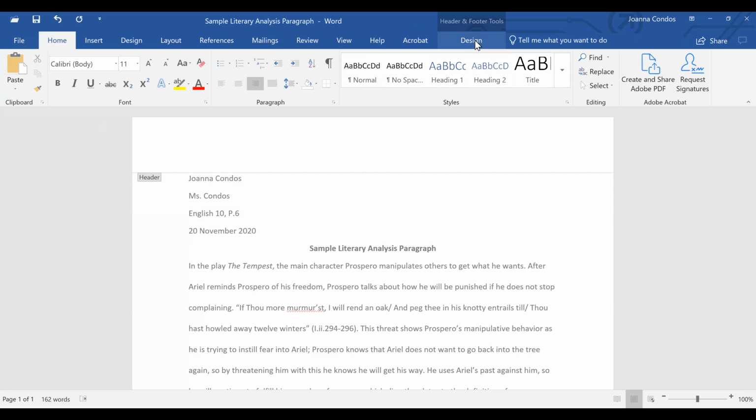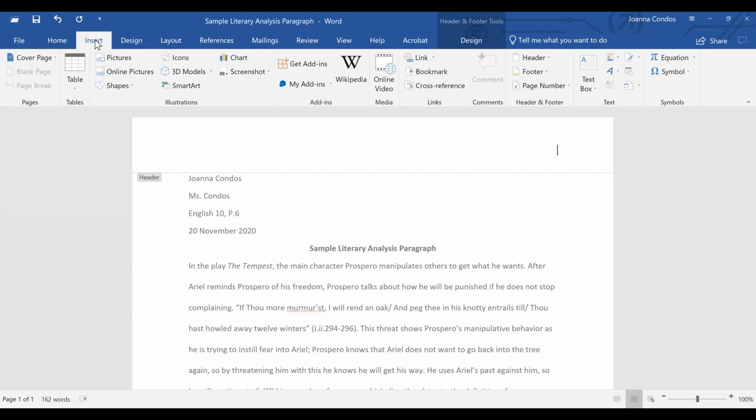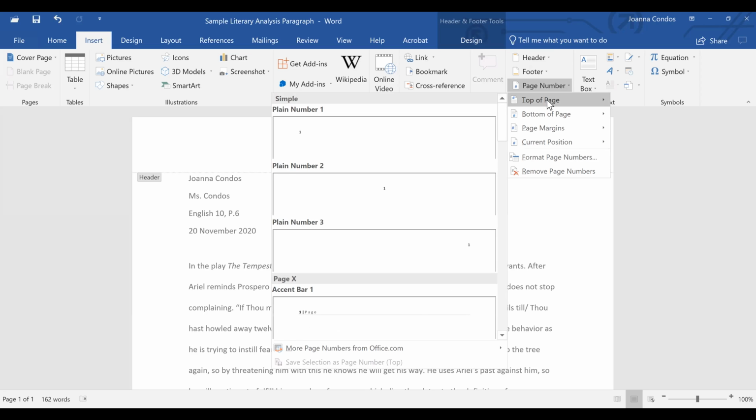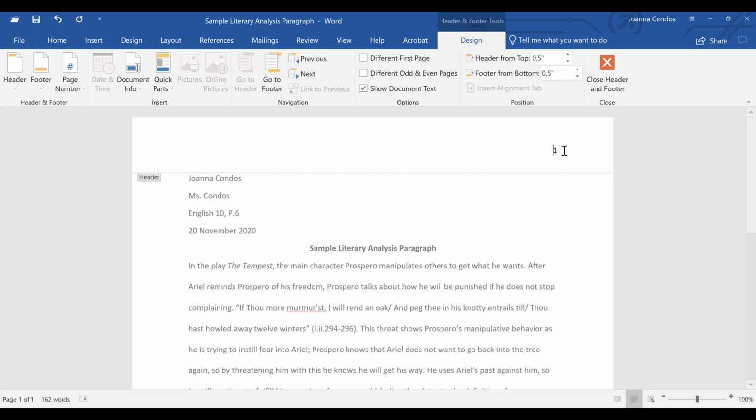If we go into insert, when we're working right here, we'll see header, footer, page number. You'll click on that page number, and we're going to do the top of the page, and some options will pop up. The way it shows you options is very different than on Google Docs, as you can see. So we want plain number 3, which is over on the right-hand side. And see the number will pop up, and then you'll type in your last name, hit space, and then you'll